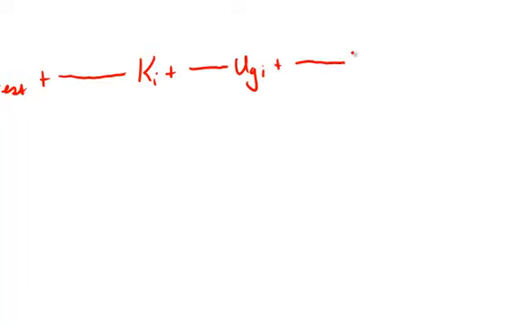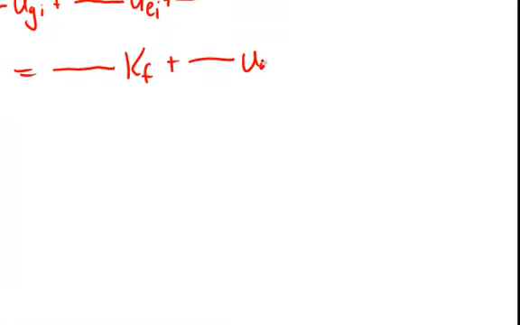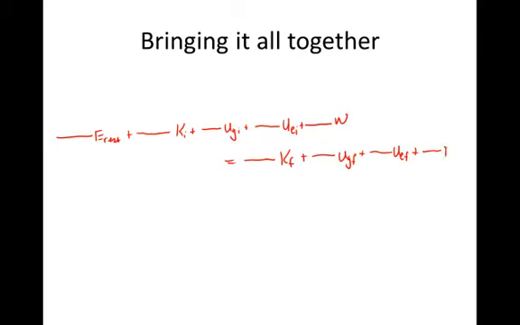With the energy bar charts, if we have changes of identity, we have to consider the rest energy, E rest. We're going to have K initial, U grav initial, U electric initial, plus work. This is going to be equal to K final plus U grav final plus U electric final plus E rest final. And so you can draw in the energy bars for these different things. If any of these terms have a zero, you can just leave them out of the equation. And so you'll be able to write down your energy conservation equation right from this. This is a very useful visual tool